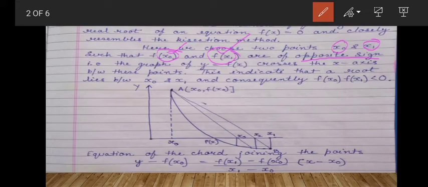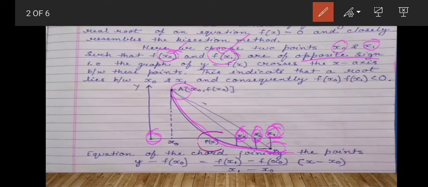And afterwards we will draw a graph. To find the formula for the regula falsi method, we will first draw a graph. Suppose this is the graph of f(x). At a it is giving a positive value and at b it is giving a negative value. So here we will find the points x1, x2, x3 for which y is 0. But these points x1, x2 and x3 are not lying on this function.